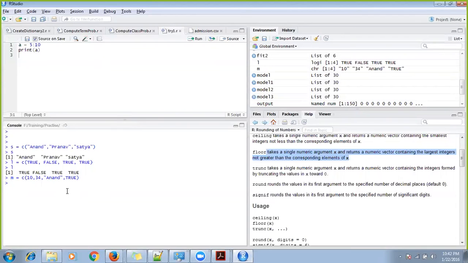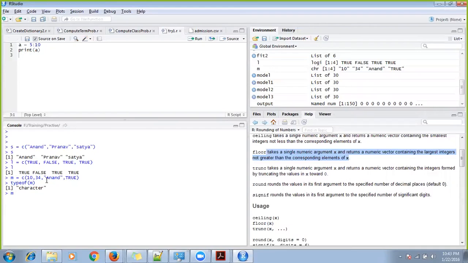To know what kind of values it contains, what's the function? Can somebody write? To know what values this vector m contains, what should be the function? Let's not print m and c. Tell me what is the function? It's typeof, right? Just print typeof m, and it is saying character. Character is nothing but string. So it's saying everything has been stored as string. If you have a mixed data structure and one of the values is a string, then everything will be converted to string.